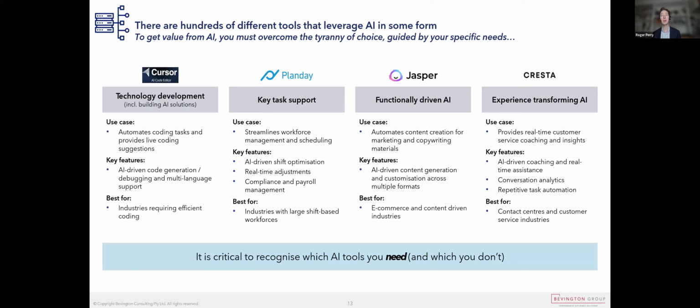Okay. So if you think about all of this, then you can also think and check for yourself that there are hundreds of different tools that leverage AI in some form. I don't know about yourselves, but every day someone sends me a piece of information on a new model that's available. And it's actually, in spite of my natural curiosity in this space, nearly impossible to keep up with everything that's actually being deployed. So you can be overcome by a tyranny of choice, just too much to choose from. So you need to have a strategic framework to know what you even spend time looking at.